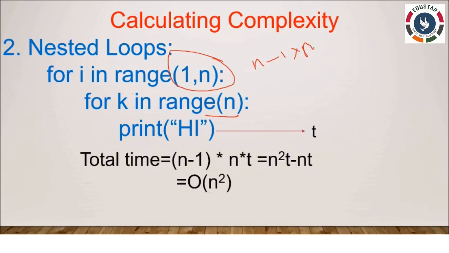Here I am going to write another for loop, for k in range n. Here I am going to print this value, high. Since we use a number of for loops, the time taken will be somewhat more. So total time equals (n minus 1), executed 2 times, so we can get the Big O notation of n square.